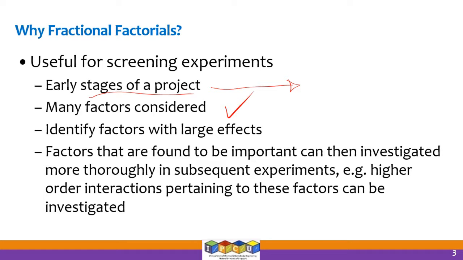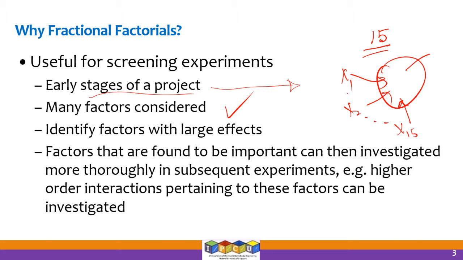So what they will do is, instead of running a full experimental campaign involving all those factors that are possibly relevant, let's say at the start there are 15 factors that are known to affect Y. So X1, X2, X3, X4, all the way till X15 are believed to affect the output Y. So this is the stage where we start. So now people will say, if I have to do a full 2 to the power of 15 experiments, each factor tested at 2 levels, that is going to be too expensive, right? You may not have the time or the experimental resources for that.